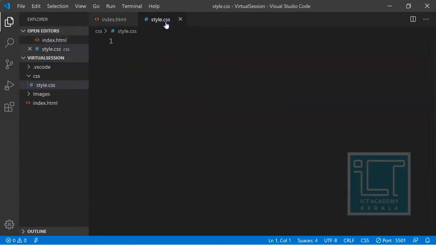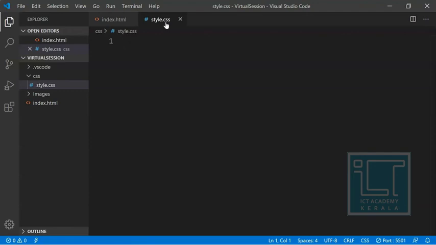Let's go to the style.css page, and now I need to give a tip. In the last CSS session I have already told you that CSS or Visual Studio has a default standard padding and margin.